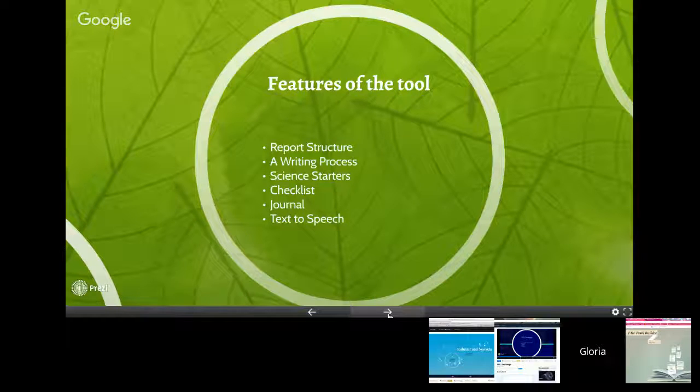The science starters are a button that says help me get started, and it divides the writing into smaller sections and provides sentence starters when drafting the report to help the writer get started. And then there's also a checklist feature which makes sure all the content and grammar are correct. There's a journal feature, and this allows you to write notes, comments, or keep track of the data while you're completing the report. And then finally, there is a text-to-speech feature, and you can hear any text read aloud on